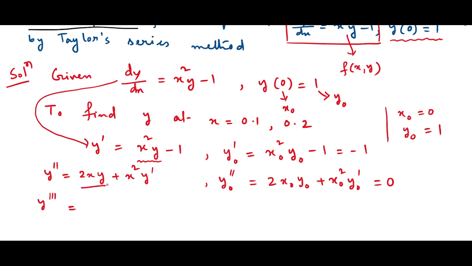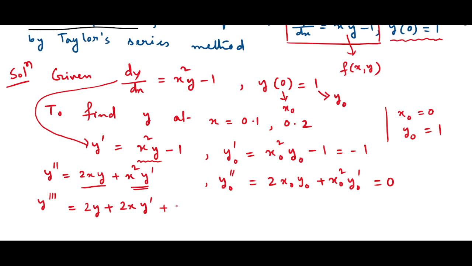So this is our first term, right? 2xy. So again we'll differentiate it in the form of u into v. If we differentiate 2x, we'll get only 2, y will be the same. And then now we'll keep 2x the same, and the derivative of y is what? y dash. Plus, now we'll differentiate this one. Again the uv rule, x square y dash.